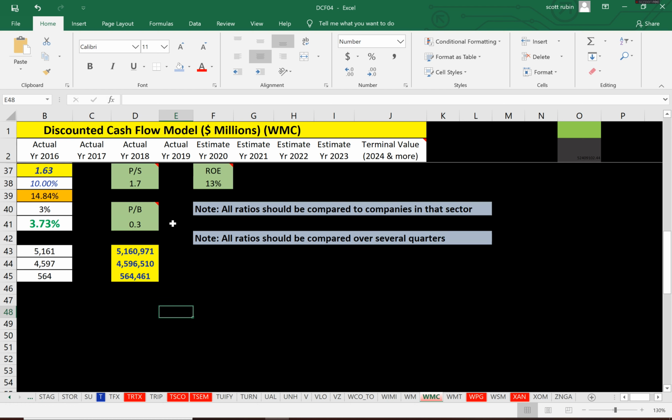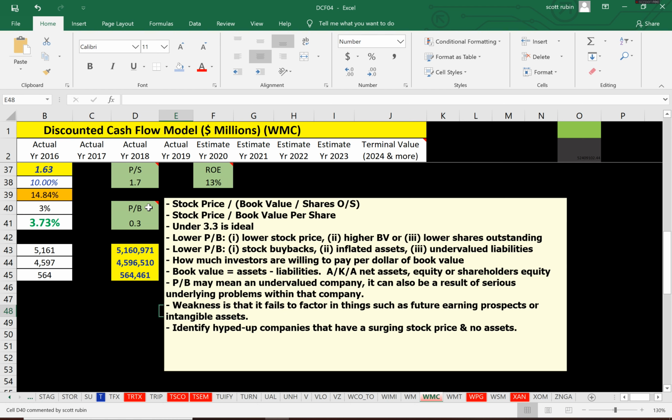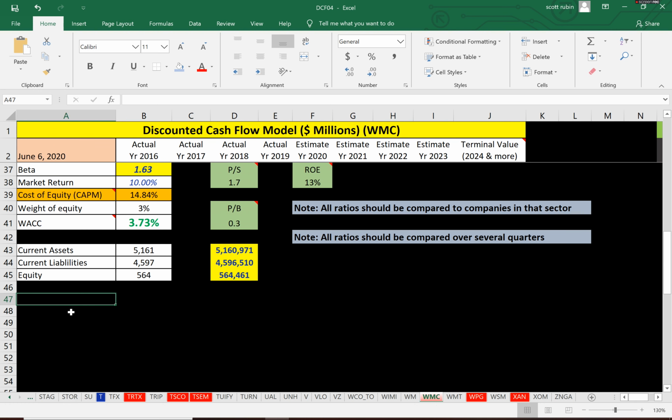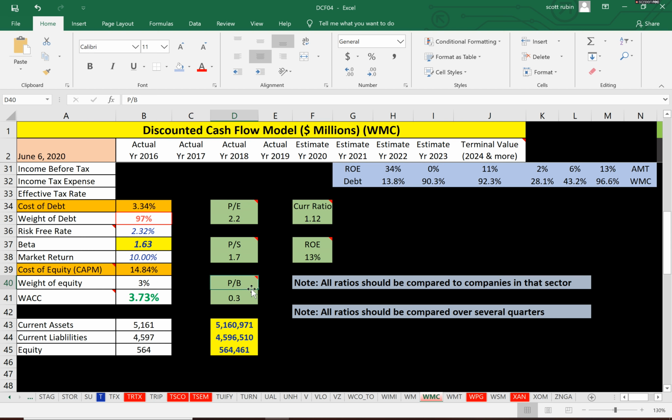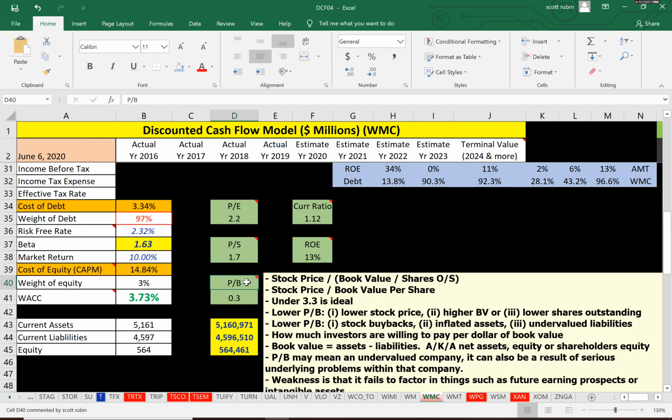Price over book, generally you would look, if it's under 1, it's a great value, and this is under 1, so it does imply it's a great value. That's the stock price over the book value, and the book value is your equity. And equity is total assets minus total liabilities. So according to the balance sheet, the company is a great value because the stock price is priced below what